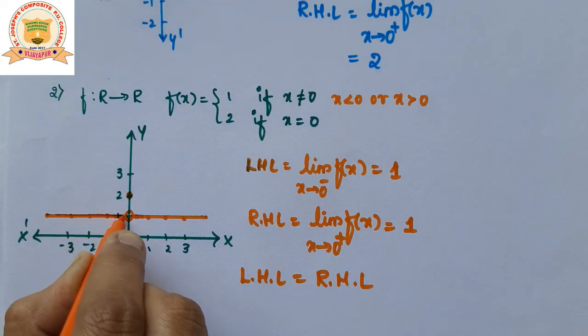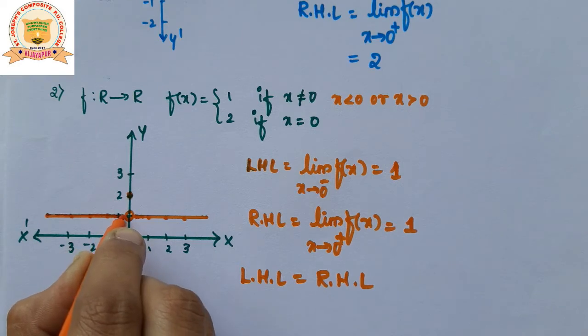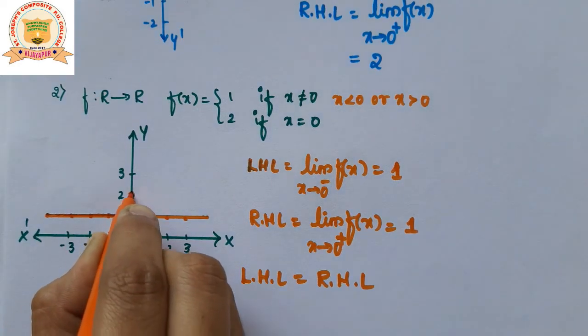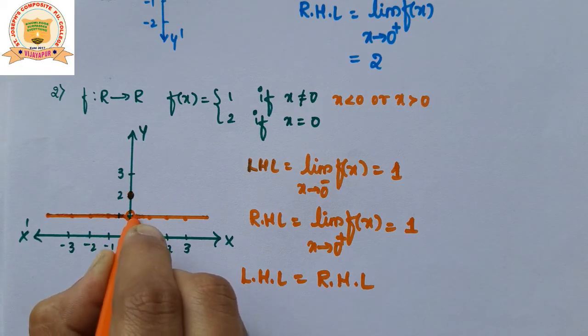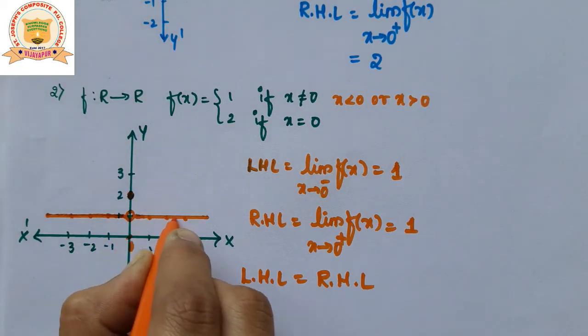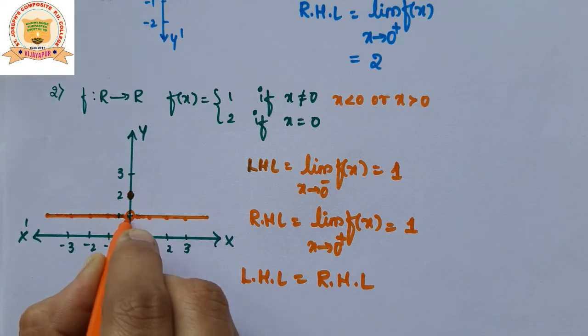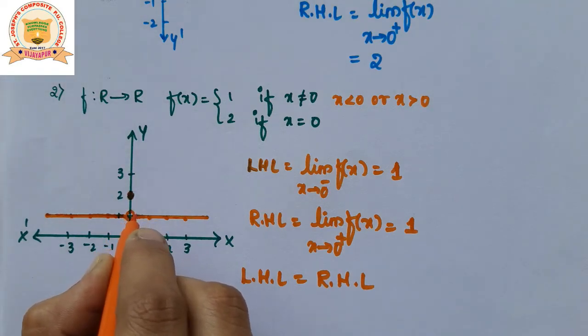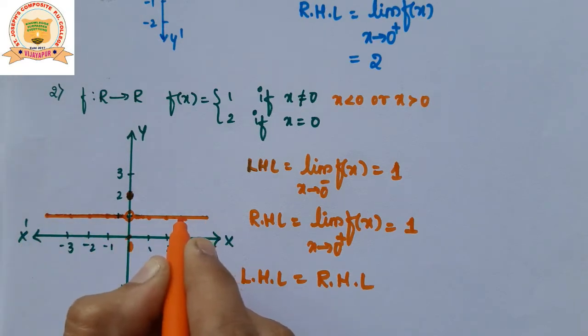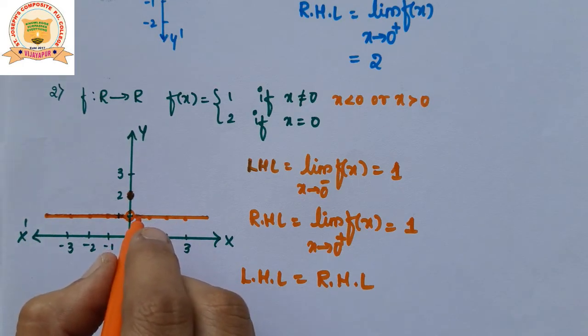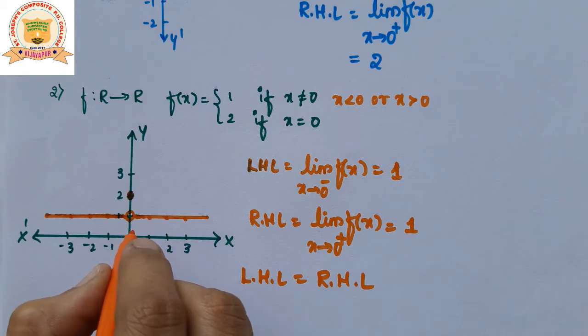okay, we have to lift the hand at x equal to 0 because the value of the function is 2. Again we have to lift the hand for the right hand side of the origin. So at x equal to 0, anyhow we have to lift the hand. So we cannot draw at one stroke. So this function is not continuous at x is equal to 0.